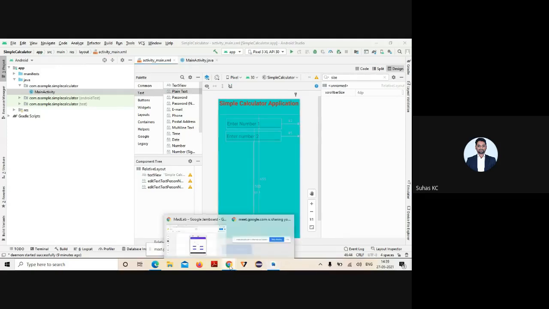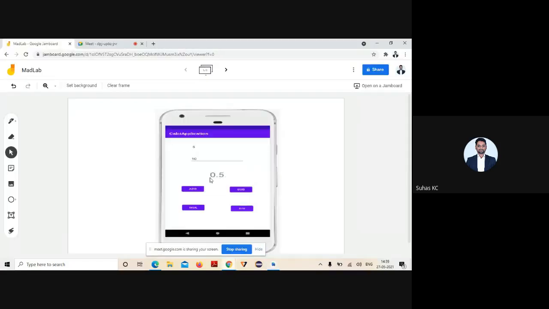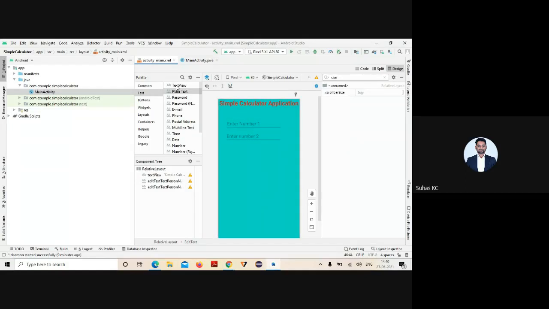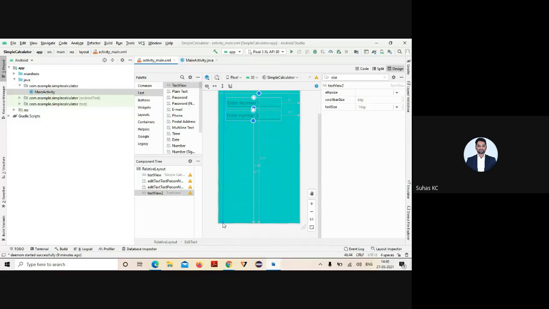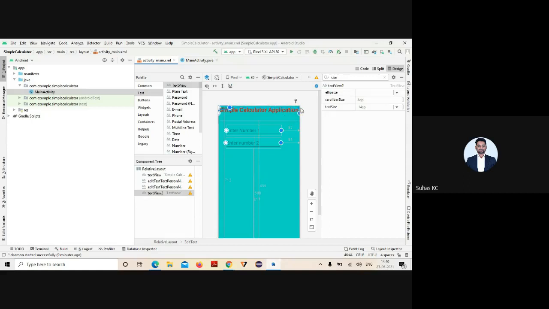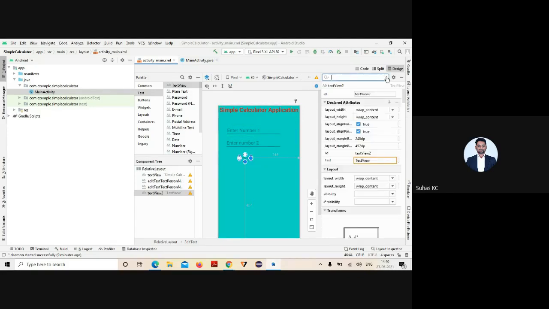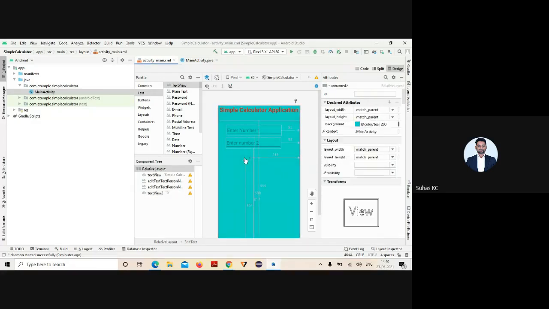Okay, 2 components I have taken. Now, the next component to take is text view in order to display the result. So for that, just go to your screen. I'll just drag and drop the text view. As soon as I do that, I need to set your x-axis and y-axis. Drop here. This is used to display the result, right? So select that component and change the text to something like 0 simply.